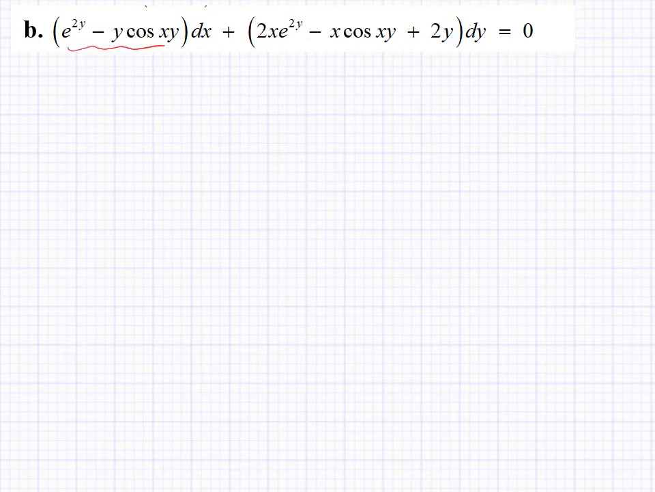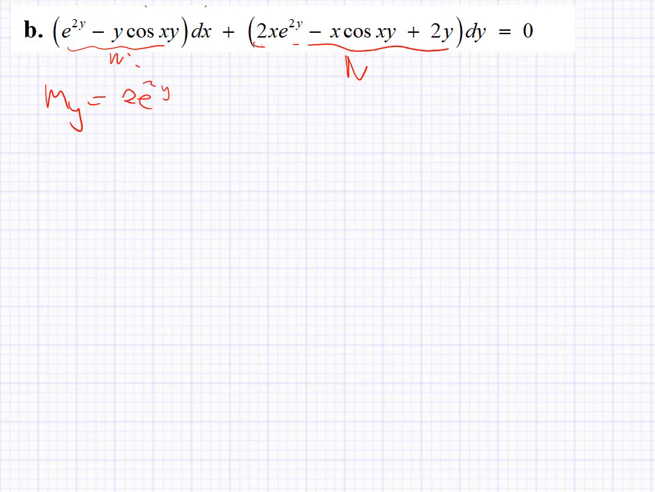So we've got to look at this, call this one m. That's the one in front of the dx. Look at this one here, we'll call this n. Okay. And let's look at the partial of m with respect to y. And so the partial of m with respect to y, my variable is y, x is my constant, in which case I'm going to get